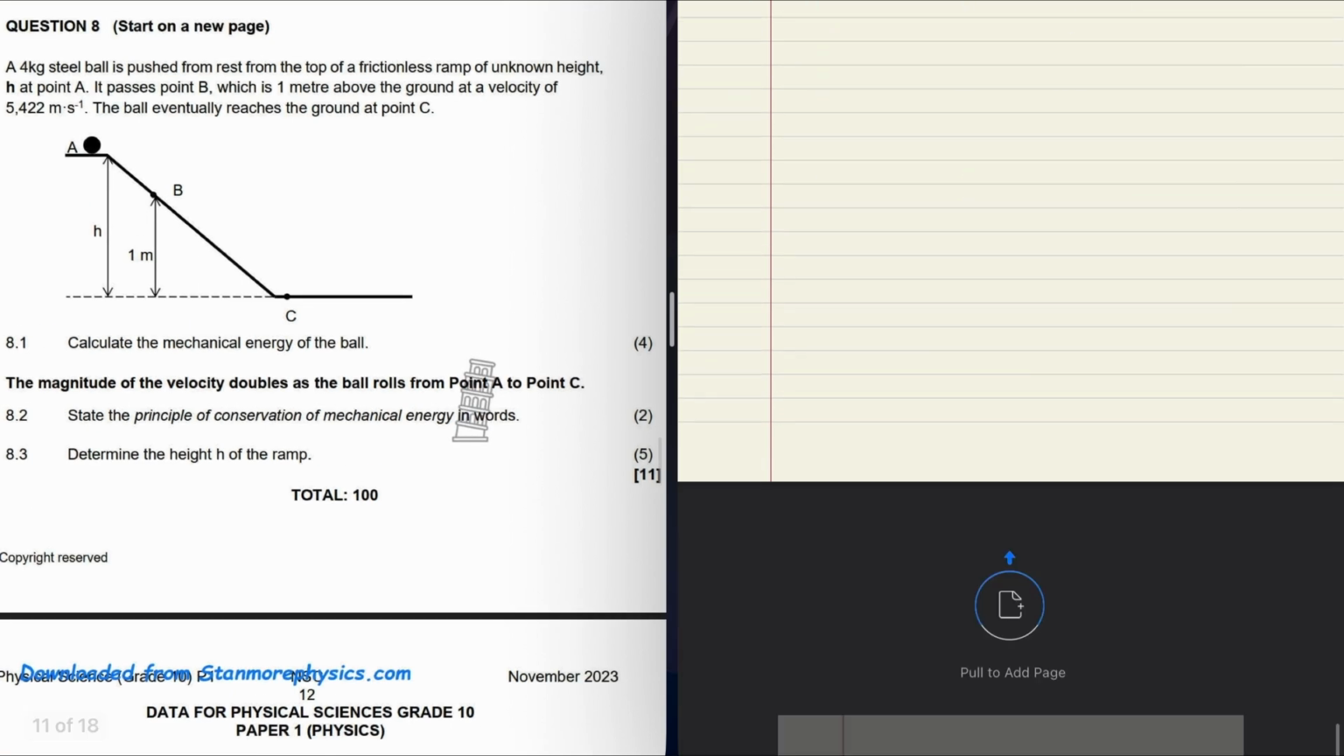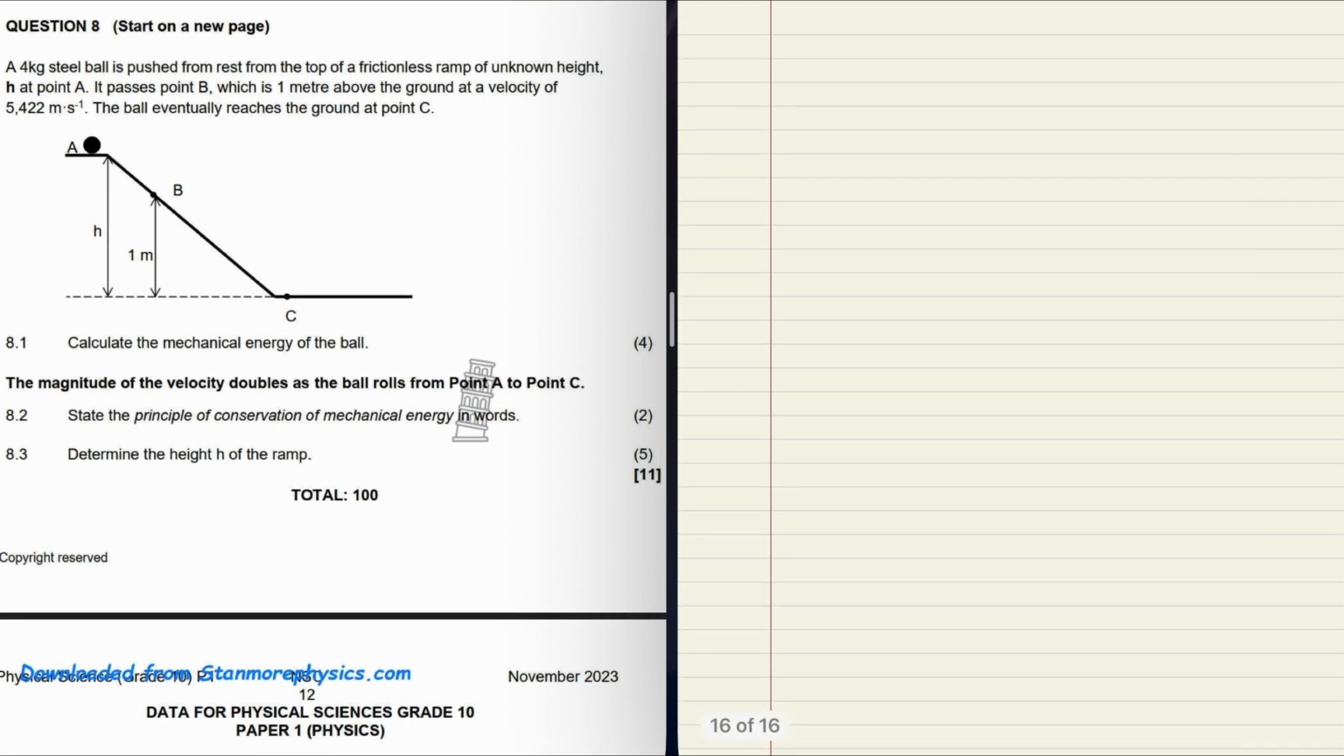Let's take a look at question 8, the last question in the paper. A 4 kilogram steel ball is pushed from rest from top of a frictionless ramp of unknown height. It passes point B, which is 1 meter above the ground, at a velocity of 5,422 meters per second. The ball eventually reaches the ground at point C. Calculate the mechanical energy of the ball. Now, mechanical energy is equal to